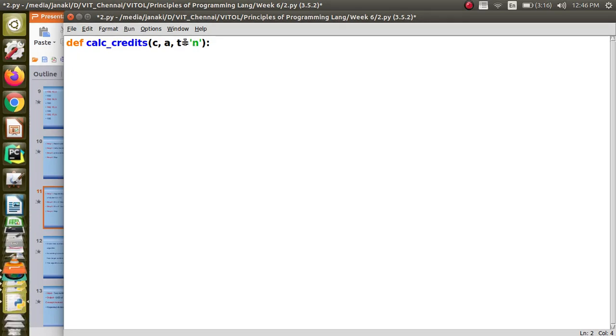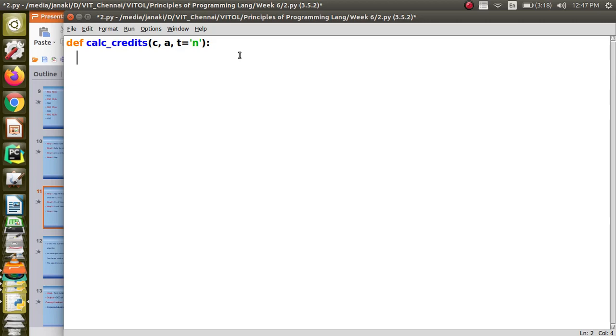Also I should make it a trailing argument only. Trailing argument means it should come towards the end of the argument list. I cannot put this T as a second argument when there are 3 arguments and the third one is not a default argument. So towards the end of the argument list only we should have default arguments. You can have more than one default argument, that's not a problem. You can have any number of default arguments. Even here in this case we have 3 arguments. You can make all the 3 also default arguments, that is not a problem. But towards the end of the argument list only you should have default arguments.